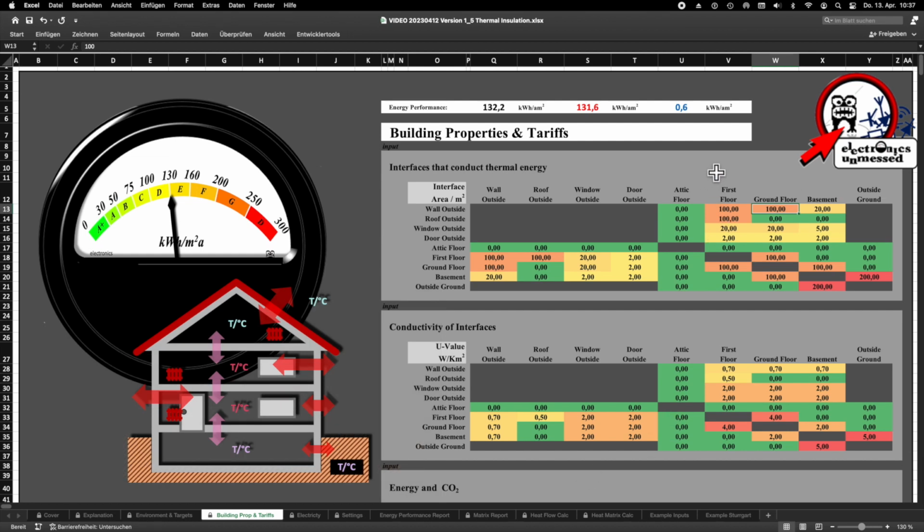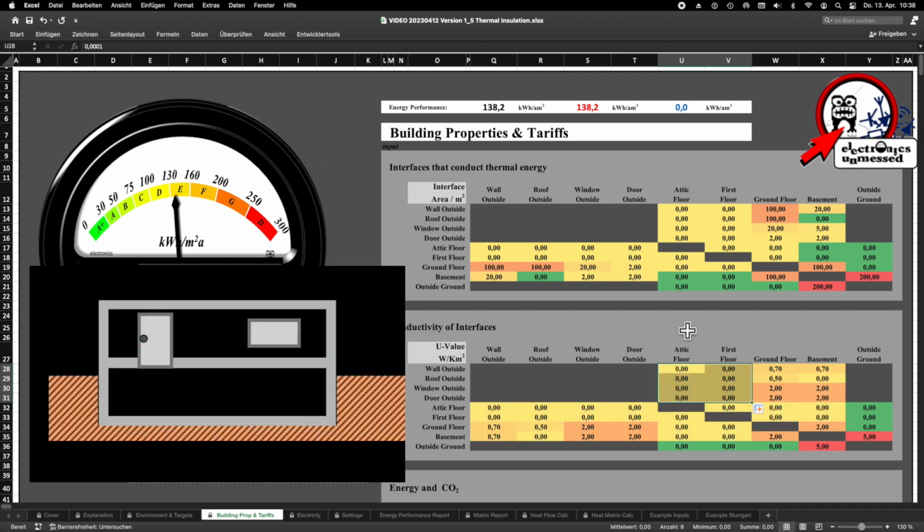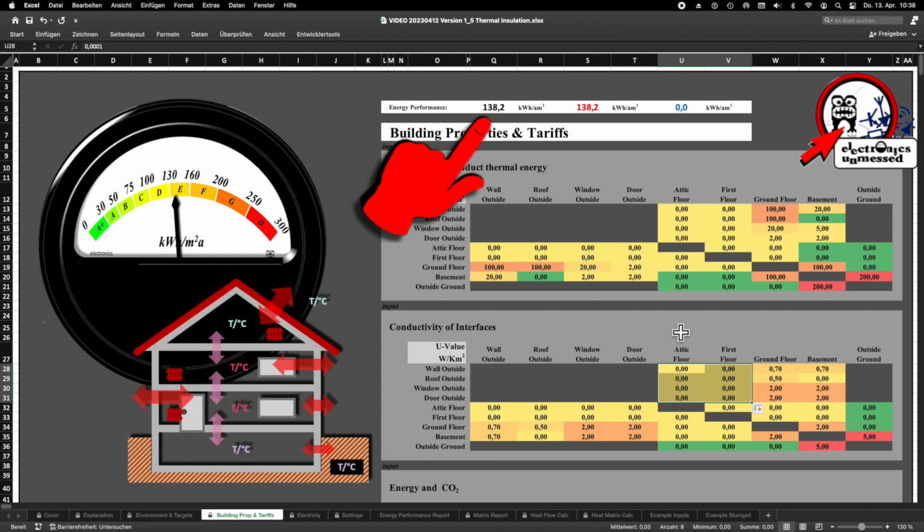I think you have already understood how the building could be reduced by another floor. Yes, that's right, we put the values of the top floor in the ground floor. Let's do that now in the tool. So, now we only have a ground floor with a flat roof plus the basement. The energy efficiency index has apparently continued to get worse for the house, which is smaller now. We have now 138.2 kilowatt hours per square meter.